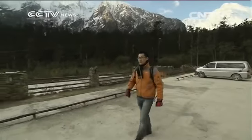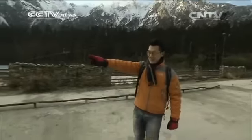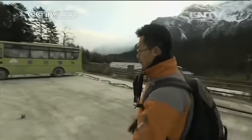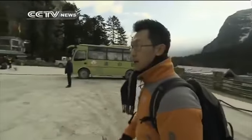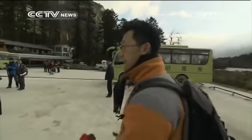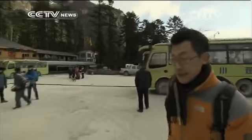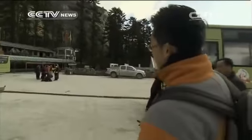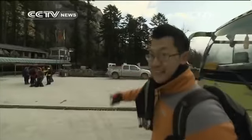So if you don't have your own form of transport, you can grab these shuttle buses that start operating at 7 in the morning, and they operate within the entire Hailuogou Glacier Park. And right now, they've taken everyone up to the number 3 camp. From here, you grab a ticket and you take the cable car right to the top, where you get a fantastic view of the